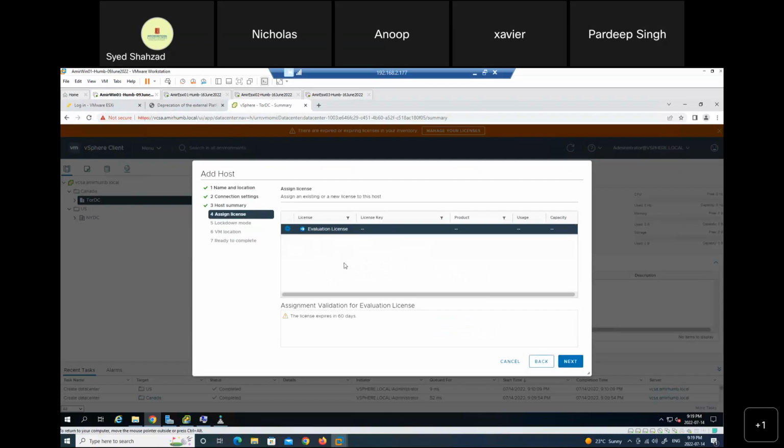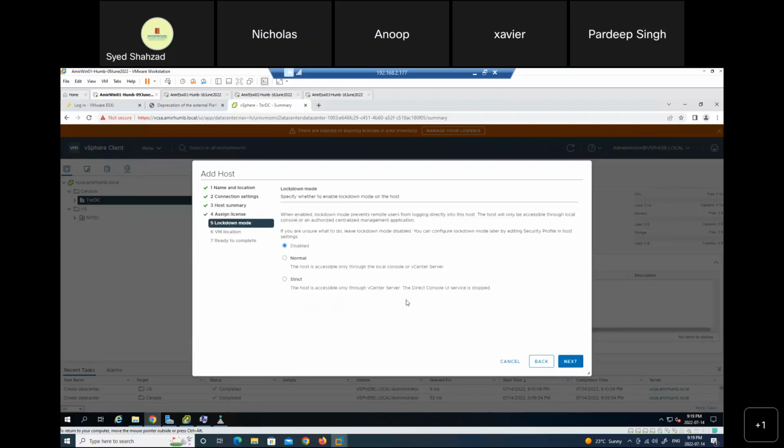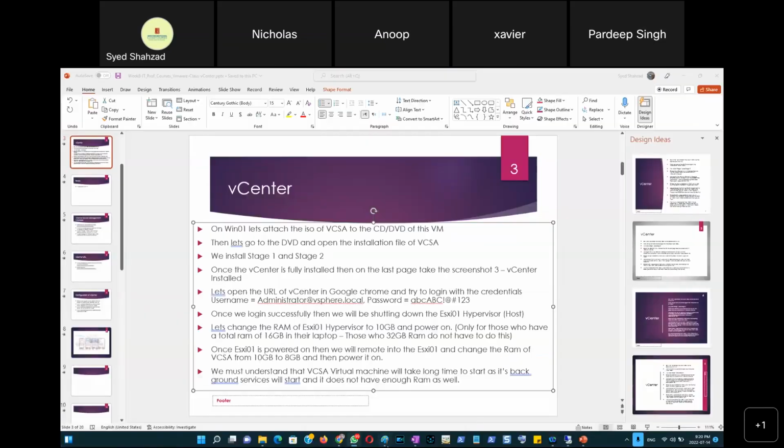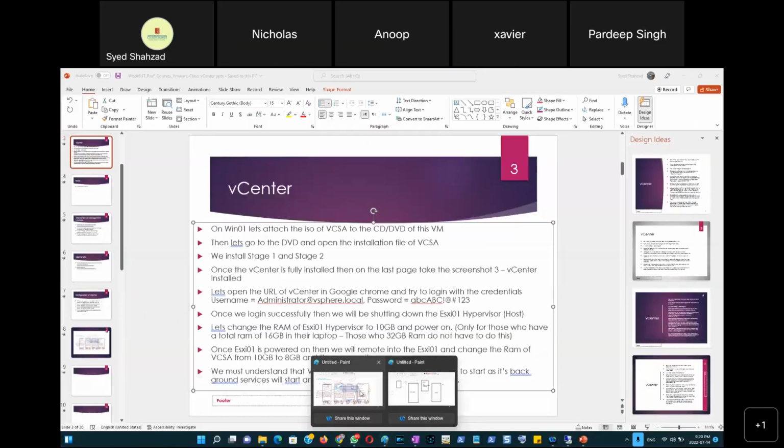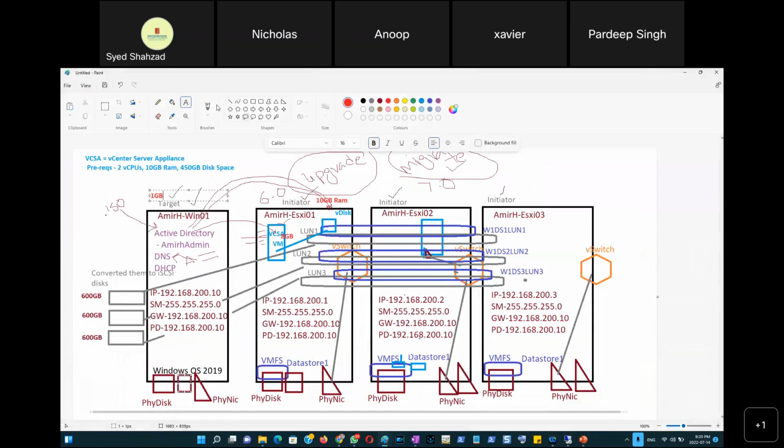Okay, so it has an evaluation license and it's going to expire 60 days since the installation of this host. Next, there is lockdown mode: normal, and then there is strict. So the difference between normal lockdown mode and strict lockdown mode is that with the normal lockdown mode,